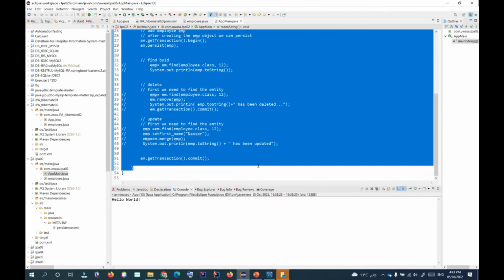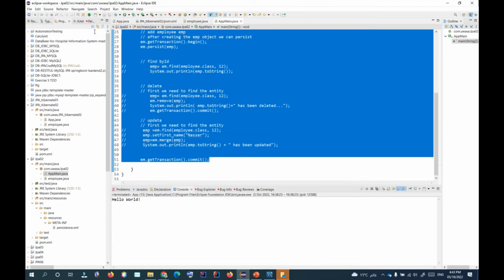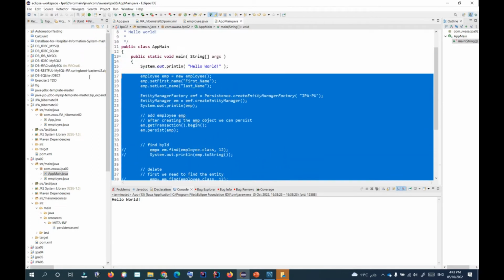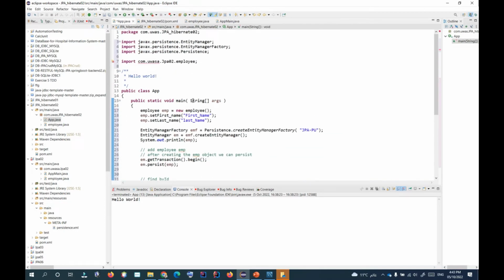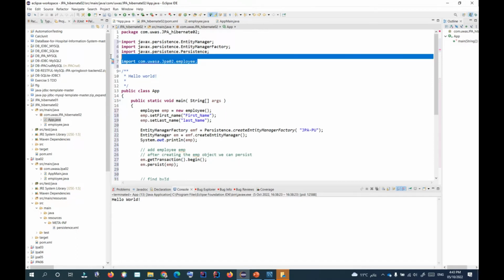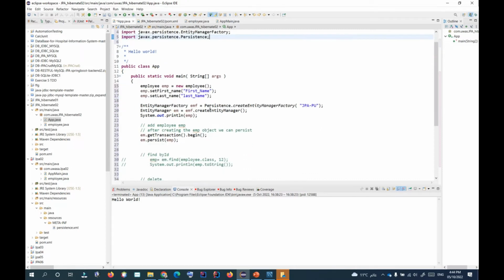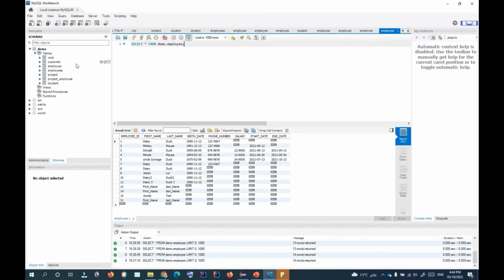I will tell you what the... okay. So here's the... no need to add anything. So guys, you see now we create one object. The object name is imp, and we set the first name and the last name. No need to set the ID because it's based on the database. It's automatically